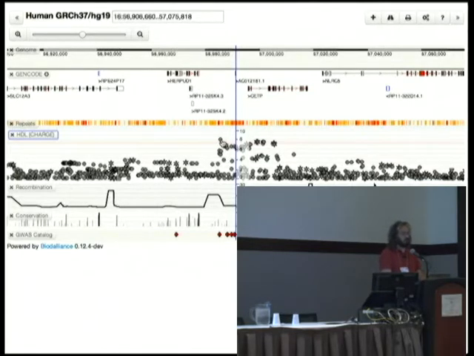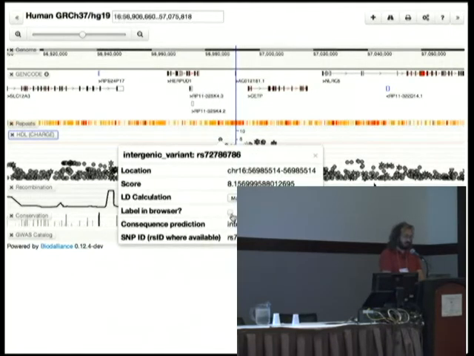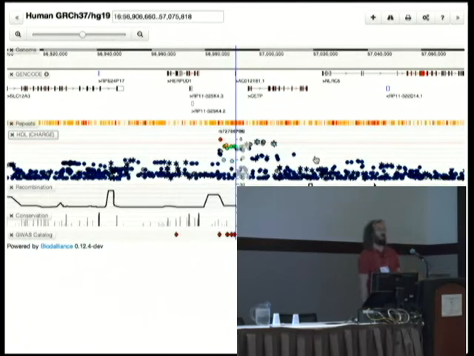Is there any more structure we can see in this? Yes, there is, because I can select one variant, make it a reference, and calculate linkage disequilibrium values relative to this. And you see, I'm now fairly close to having reproduced that static figure I had a few minutes ago in an interactive setting. And this is being done with more or less standard Dalliance, no modifications to the core